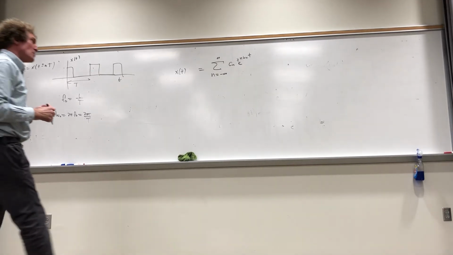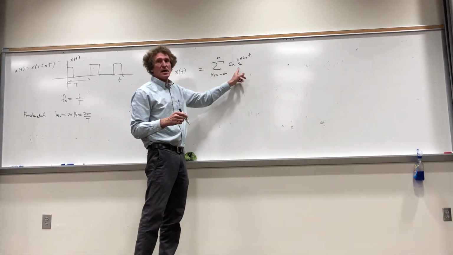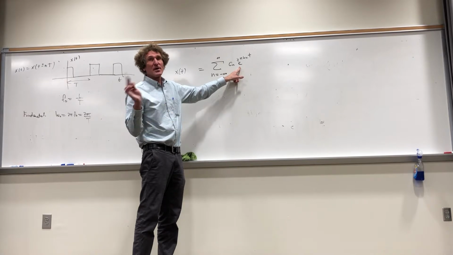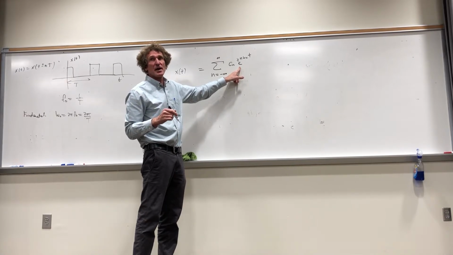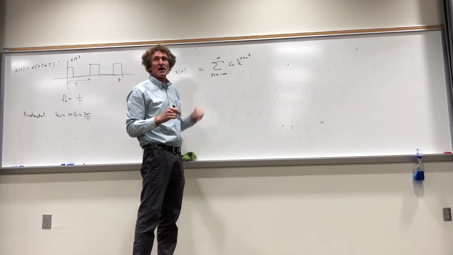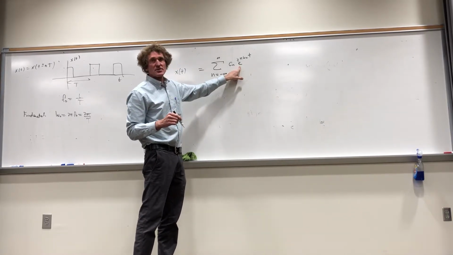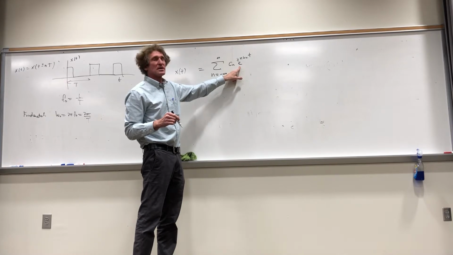Furthermore, I can say that you could break this up into any set of functions that were called orthogonal. I'm not going to get into that now. It means if you multiply any of the functions by themselves and integrate it over a period, you'll get 0. If you take this function, e to the jn omega naught t,